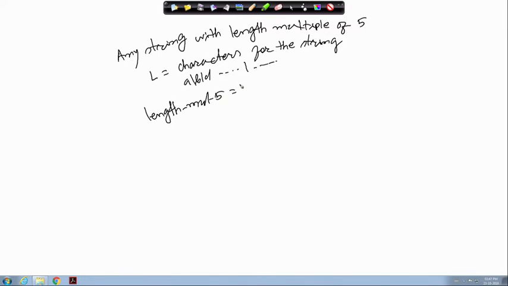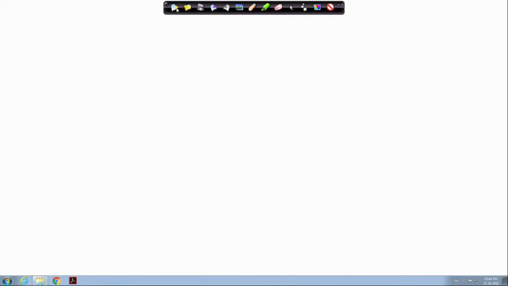So, it can be L, L, L, L, L and then the whole thing star. That means 0 occurrences is also possible, and 0 is also a multiple of 5, so that is a 0 length string. But I cannot have length equal to 1, 2, 3, 4, because then this part has to match and there are 5 such L's. So, the length must be equal to 5 or its multiples. Okay. So, this way we can define regular expressions for different patterns.